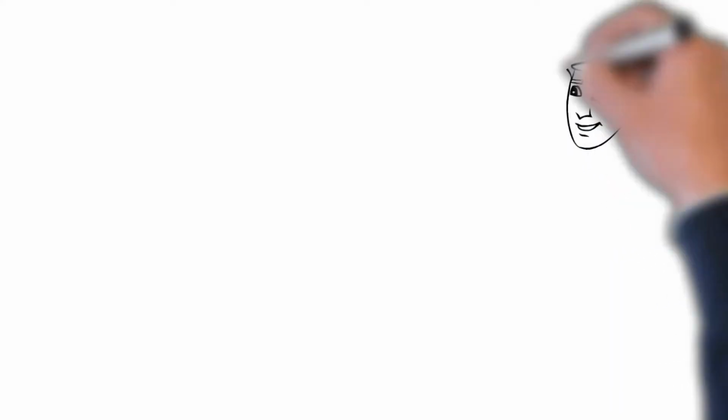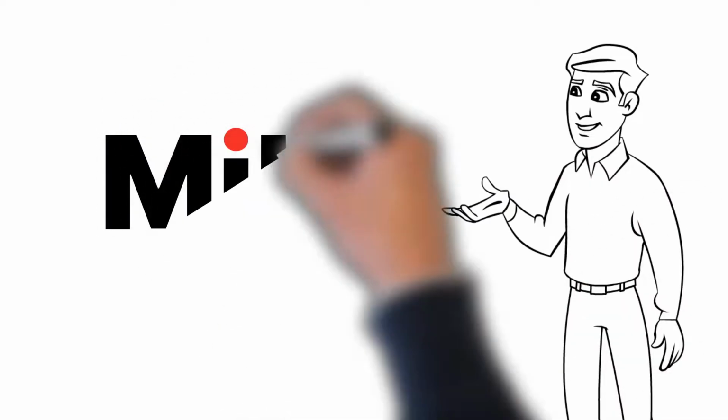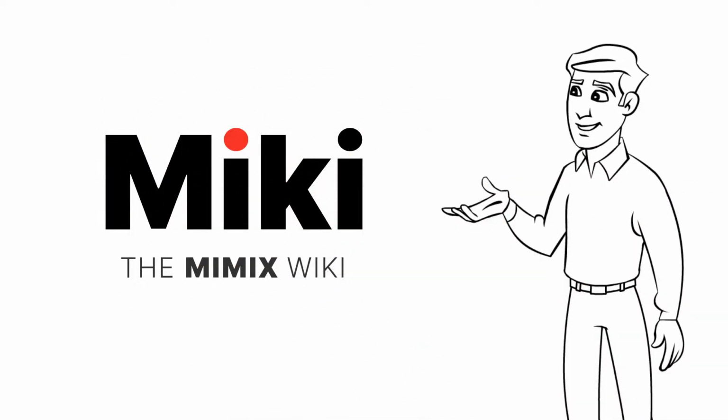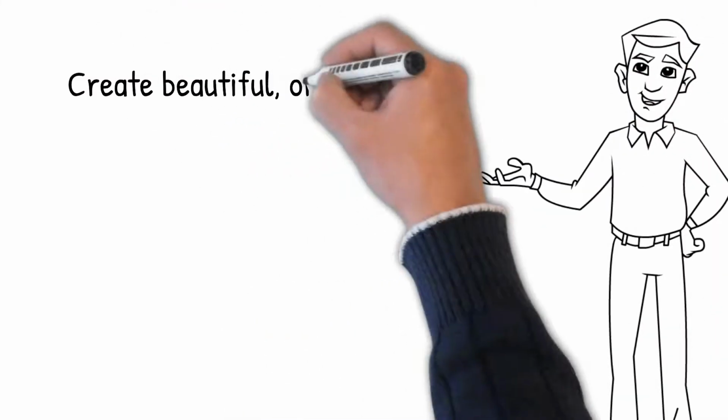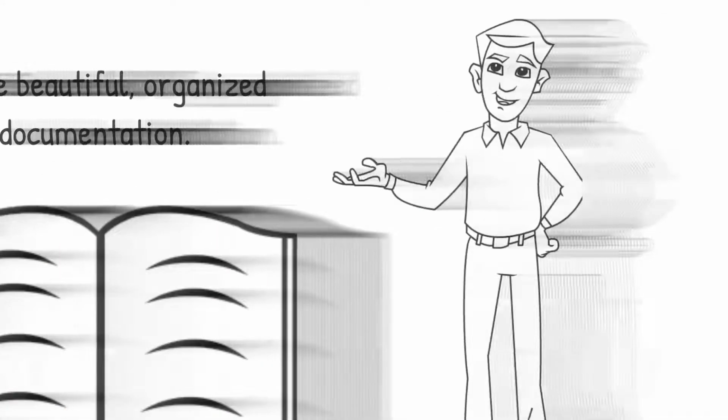Hi, this is David Bethune, and in just a minute, I'm going to tell you about a product that will help you create beautiful, organized documentation for your team, no matter what industry you're in. But before I do, let me quickly share with you why proper documentation is the golden ticket to the long-term